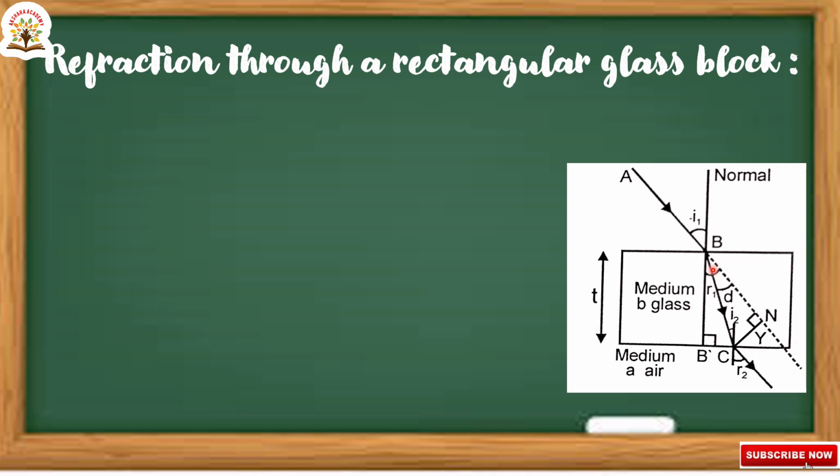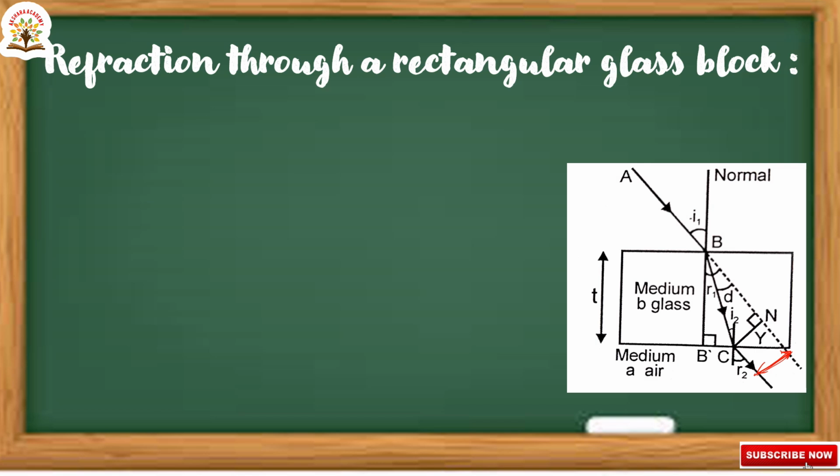So these two are the extensions of the incident ray and this refracted ray. These two are parallel to each other. This is what we are calling the lateral shift. So in between these two rays there is no angle. The angle between these two rays is equal to 0. Why? Because they are parallel lines.